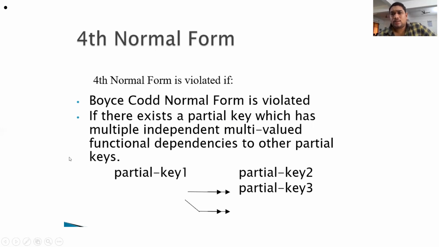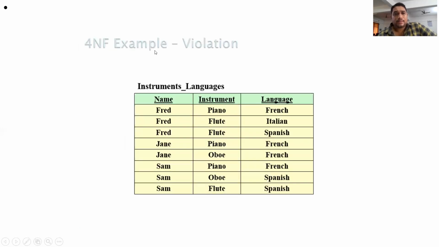Partial keys are nothing but non-primary key attributes. Okay, so clear. Next, see, this is the fourth normal form. This is the fourth normal form, which consists of 3 columns or 3 attributes called name,